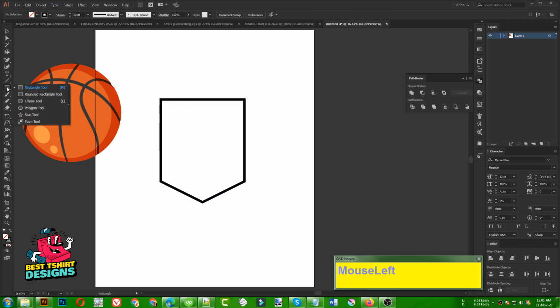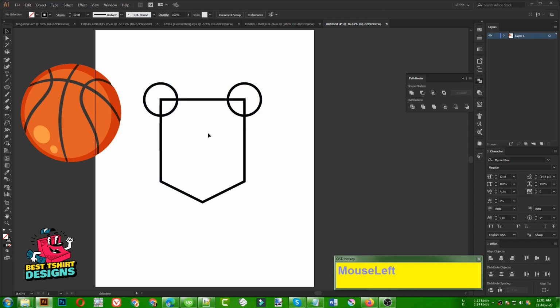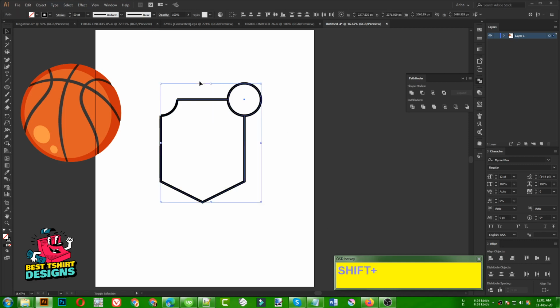And of course I'm going to take an ellipse here, just a simple ellipse, then place it at the exact corner point here, then make a copy of it from this point here. Then I'm going to select all of them, then press Shift M for the Shape Builder, and then if I press Alt and erase it like this. Okay, sorry for that, I need to select them, then click on that area.